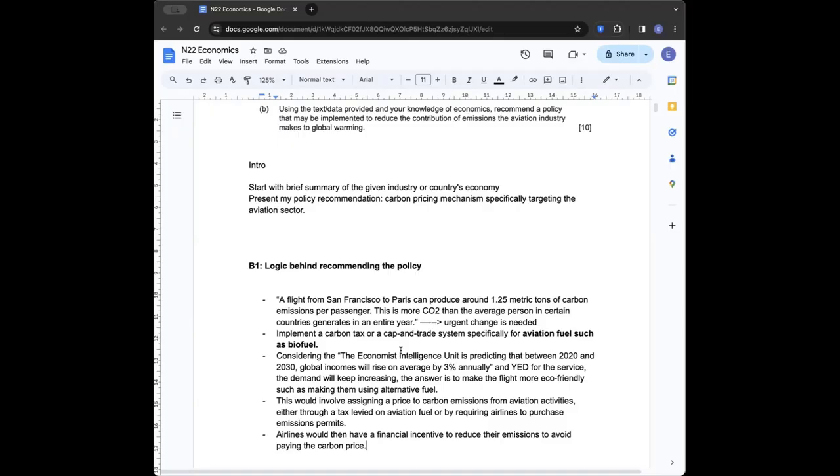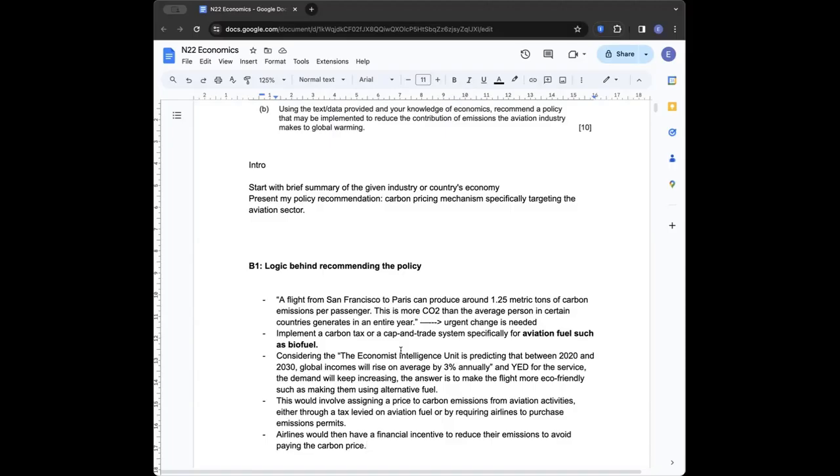Also, considering the reference saying that the Economist Intelligence Unit is predicting that between 20 and 30, global incomes will rise and so on. So I can conclude that the demand for the service will keep increasing, and we cannot really forcefully eliminate the growing market demand. Therefore, the answer is to make the flight itself more eco-friendly, such as by using more eco-friendly alternative fuels. So this would involve assigning a price to carbon emissions from aviation activities,